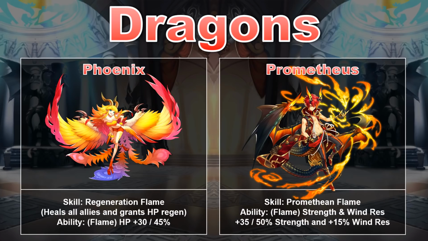Prometheus is definitely a husbando. A lot of you guys commented that you really like him and are in on this banner because of him, so I'm glad they're mixing up the representation on the banners a little bit more, and it's cool to see that. But in terms of gameplay, I think that Prometheus is going to be a great option to get you in the door of the High Dragon Trials, just like Phoenix in some ways, but for your attackers, for your offensive characters. Because with that 15%, once max unbound on that wind resistance, you can potentially even just bring to the table